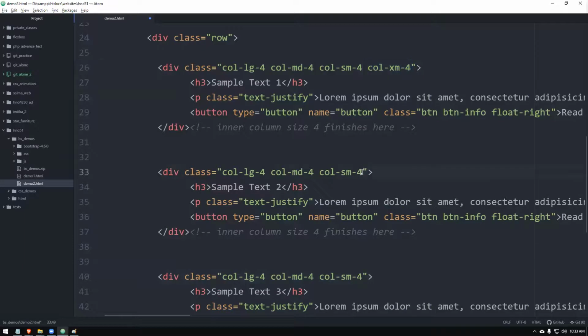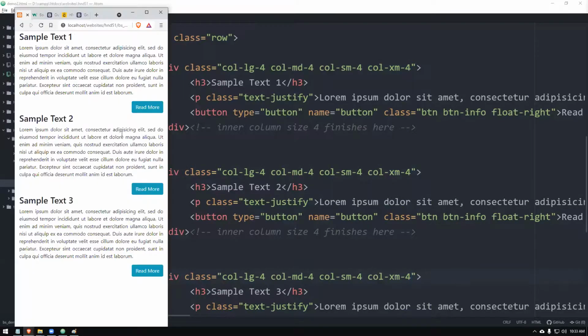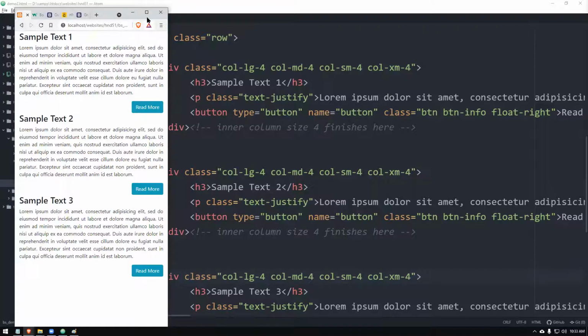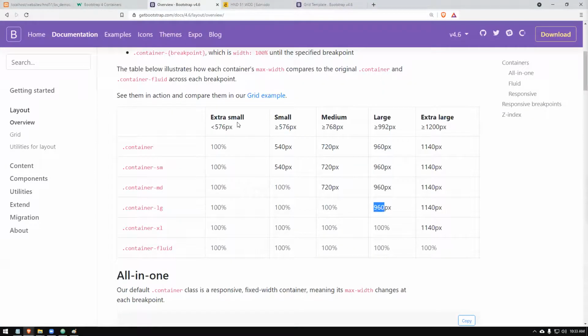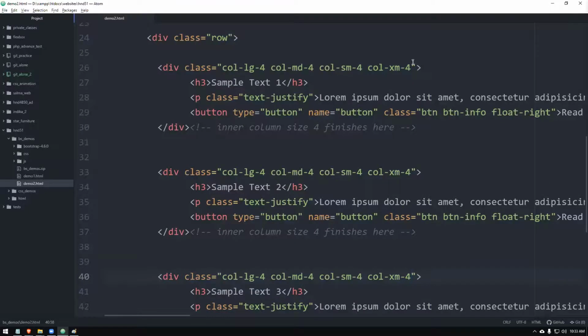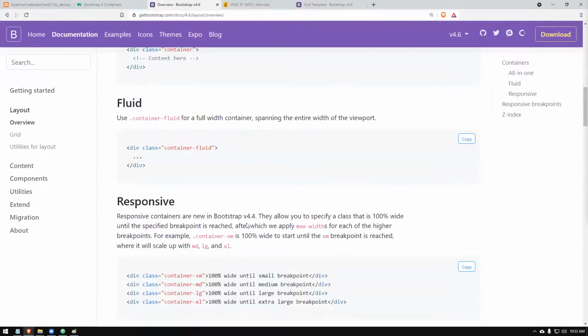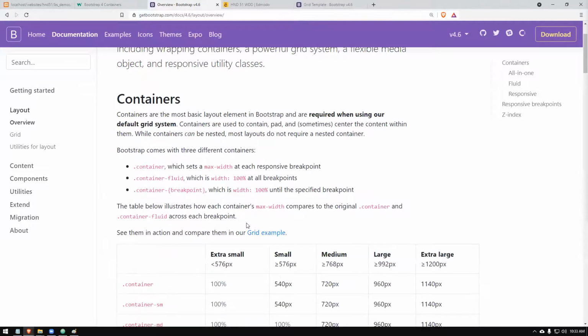This is very interesting. You just need to remember some class names. Seems not working. Let me try XS.